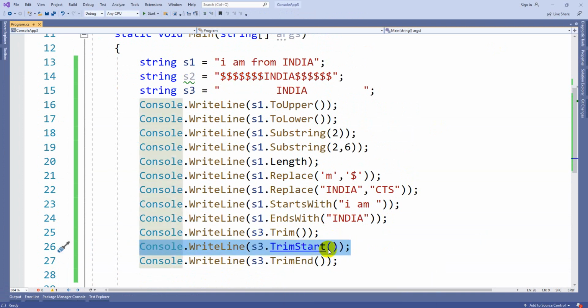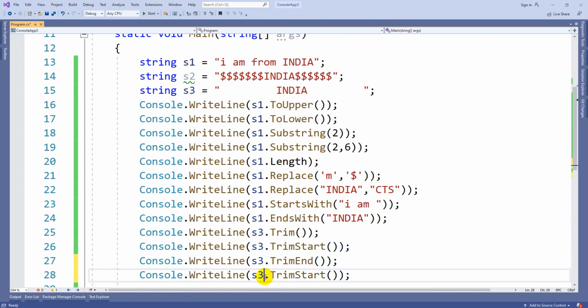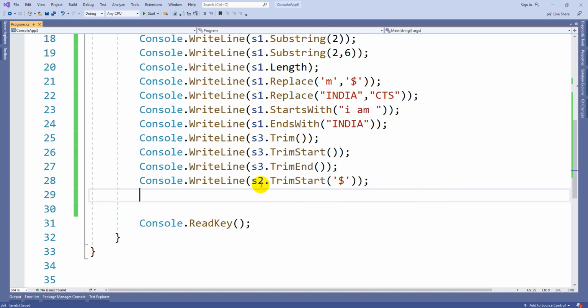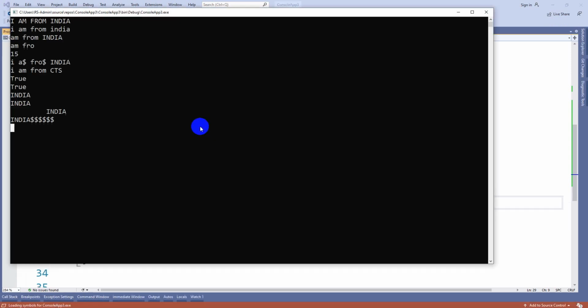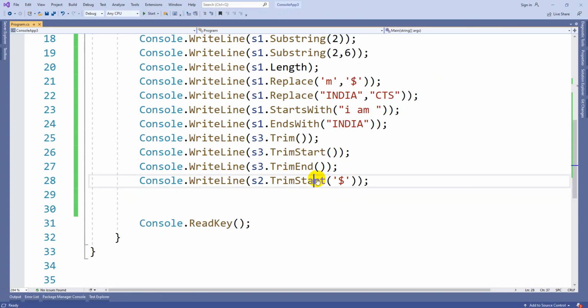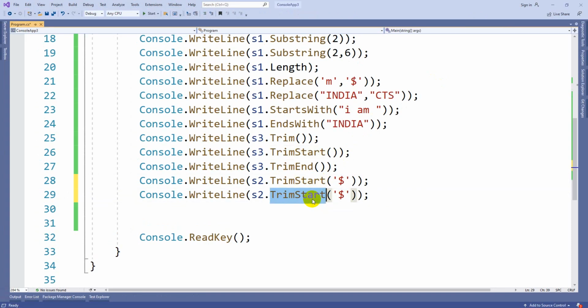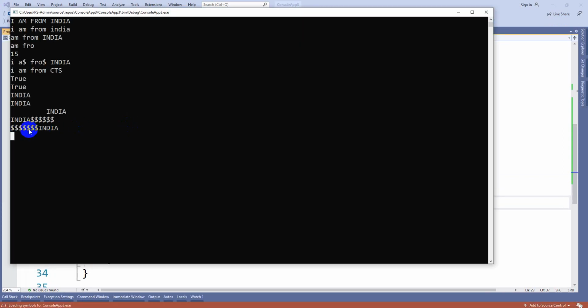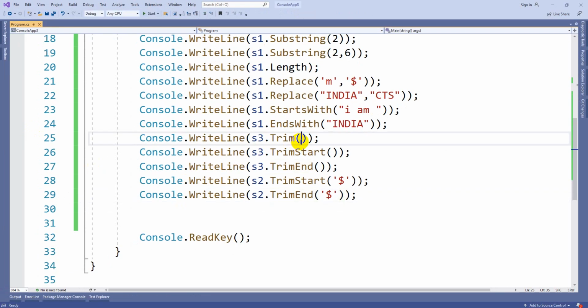Now you can see, for the TrimStart method, this is the s2 string. For TrimStart, you can use that character. If I use dollar, it is going to remove dollar symbols from the left hand side, but the right hand side remains the same. You can see, the right hand side remains the same. If I want to remove from the right hand side, I can use the method TrimEnd. Left side remains the same, you can see. But for Trim you cannot use any character.